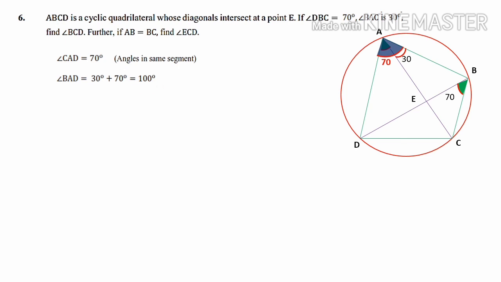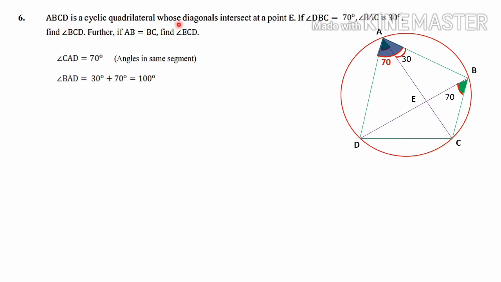So not much difficulty is there. It means two separate angles are there. If you want to find the total angle, we have to add the two measurements which are given to us. So 30 plus 70, we have got 100 degrees. Now you can check again.